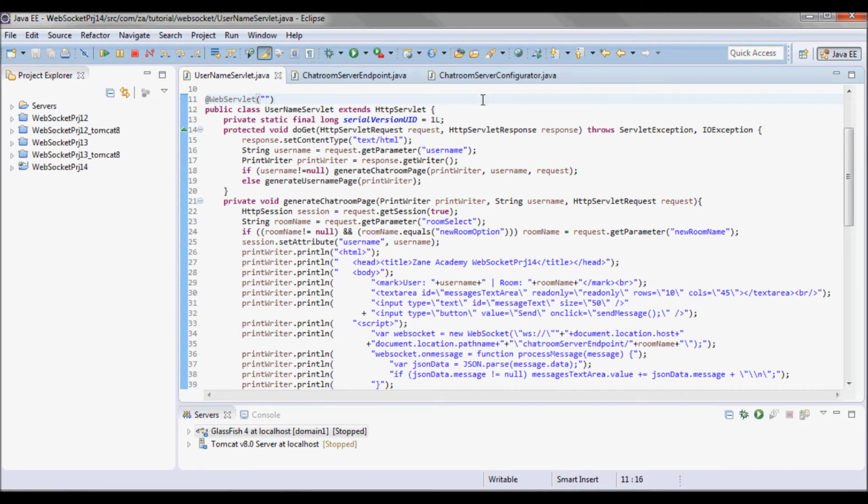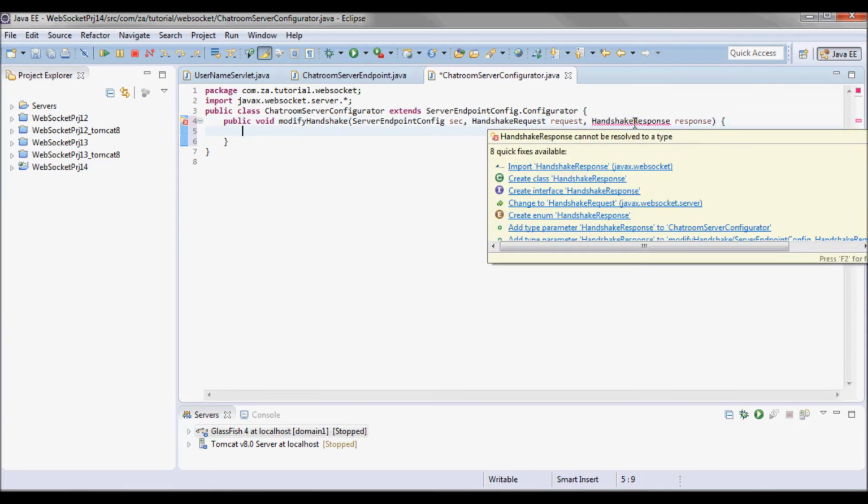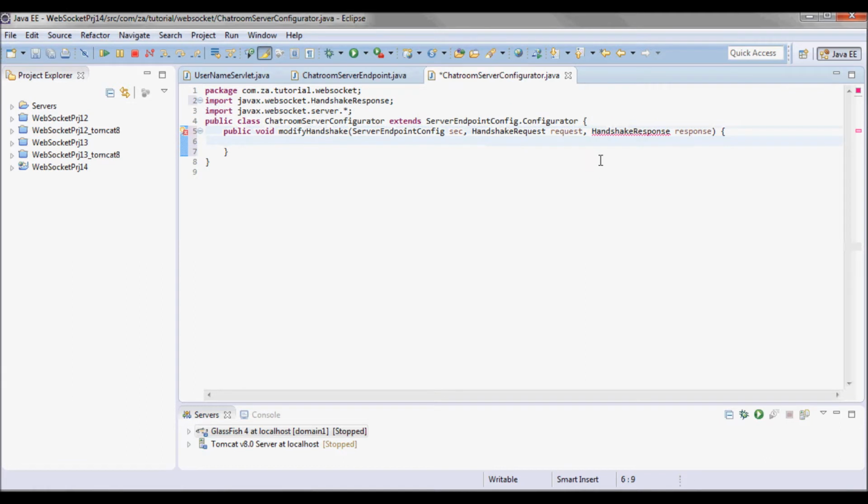Next, let's go to the chat room server configurator. Now here I will override the modify handshake method, and this will be all what I will be doing here.